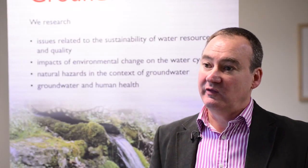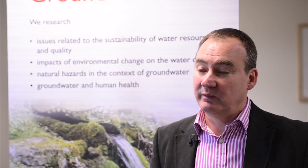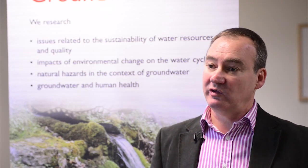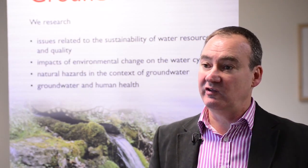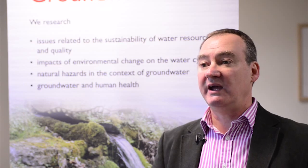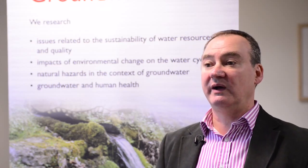BGS are carrying out a methane baseline survey at the moment ahead of any potential exploitation of shale gas in the UK. And the reason we're doing that baseline survey is so that we can understand what the concentrations of methane and other chemical indicators are in groundwater ahead of any disturbance that may be caused by the shale gas